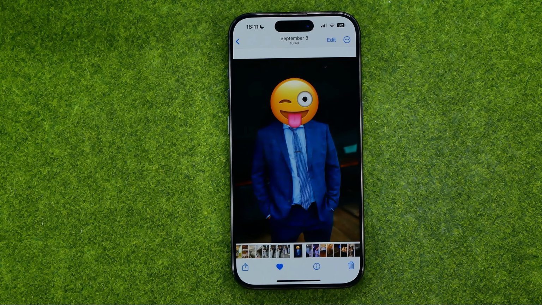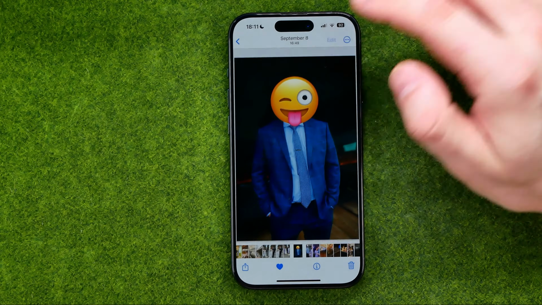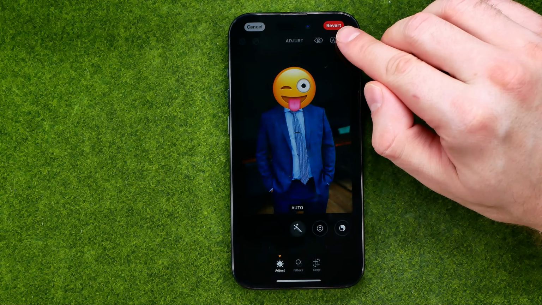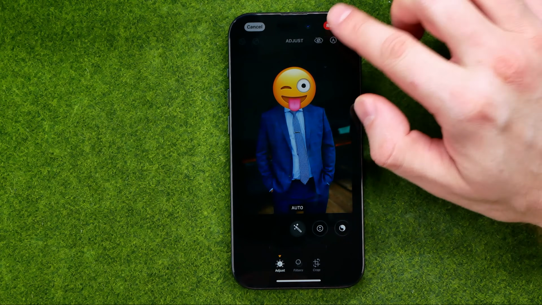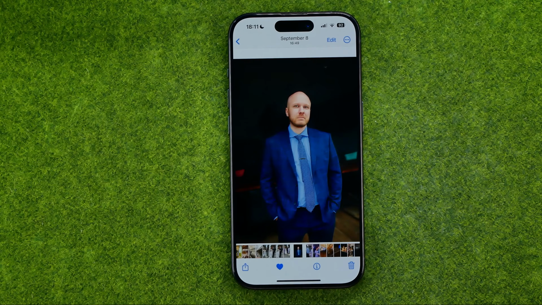If later in the future you decide to remove a sticker from your photo, you can easily do so. Just tap right here at Edit and then towards the top right corner click Revert and then Revert to Original. That will restore the